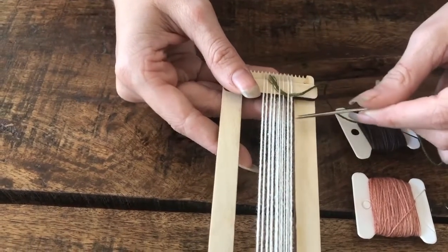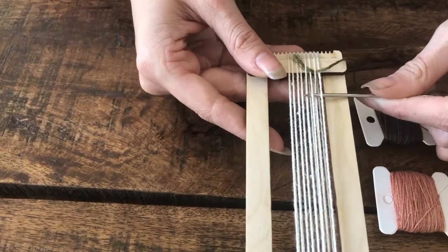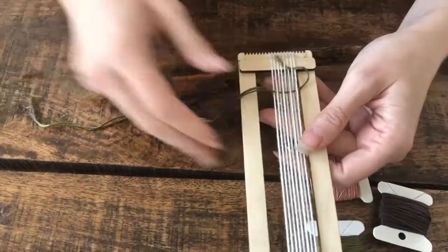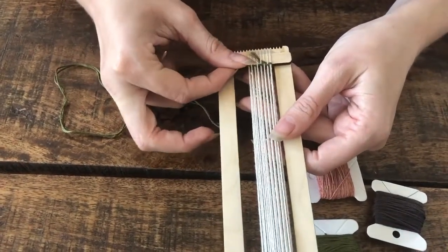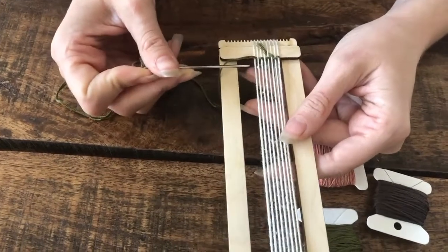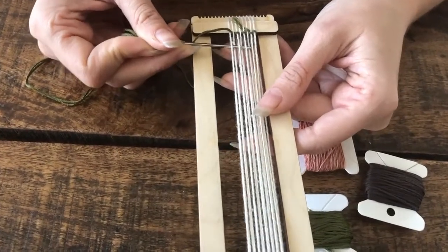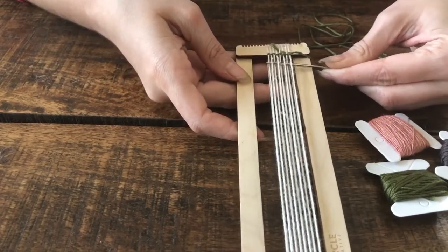And then now that on the last thread I was going over, now I'm going to be going under, over, under, over, under, over, under, over. And you can really allow this movement to bring you into a space of really deep meditation. It's such a simple practice. So you can let the mind go and just allow your hands to do what they naturally know how to do. So again, I've come to the end, and this was on an over, so now I'm going to go under, over, under, over, under, over, under, over. And I'm continuing under and over,